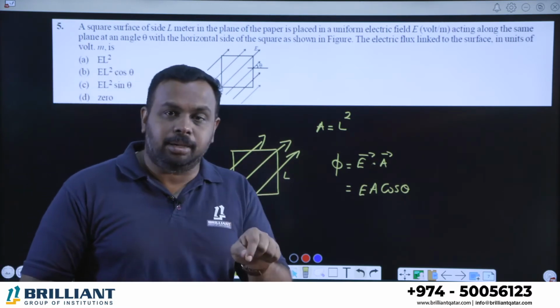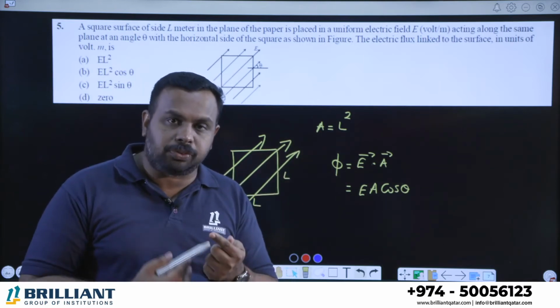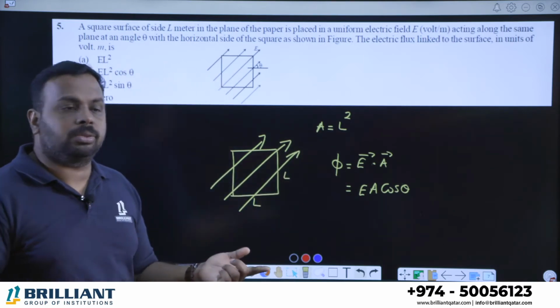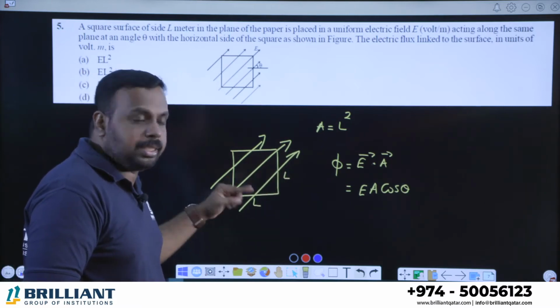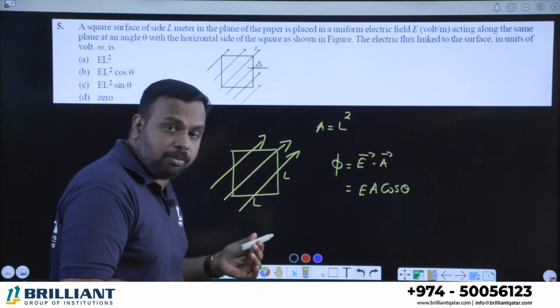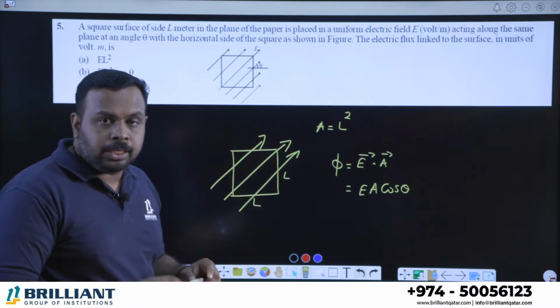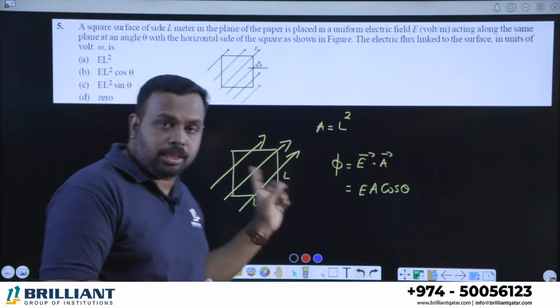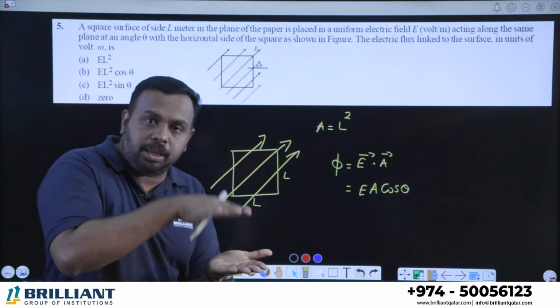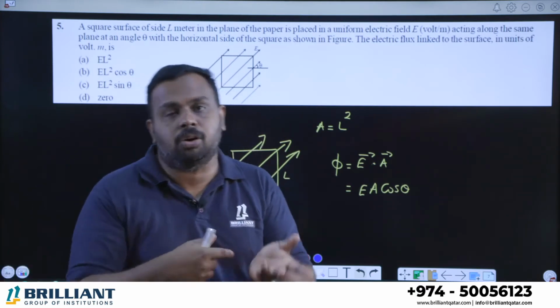A is the area, but in vector form it is the area vector, and you know that the direction of the area vector is perpendicular to the area. So this is the area, right? That means the area vector is perpendicular, meaning it will be either in or out of the plane. So that's a very important idea. The direction of the area vector for this square, the square is given in the plane of the paper. That means the area vector will be either into the plane of the paper or out of the plane of the